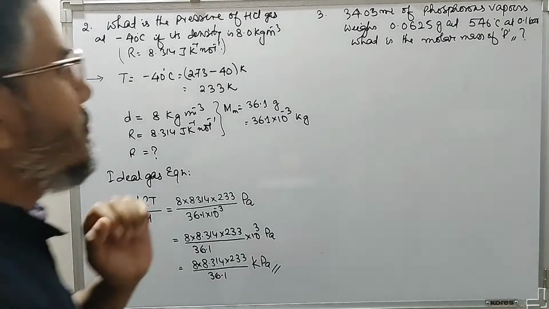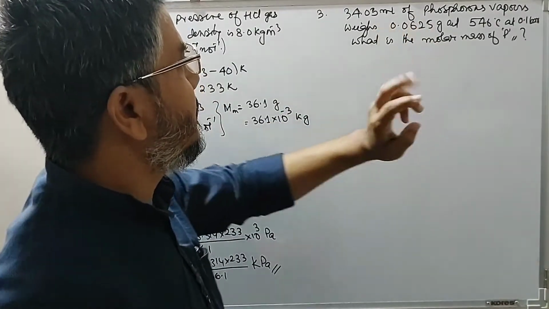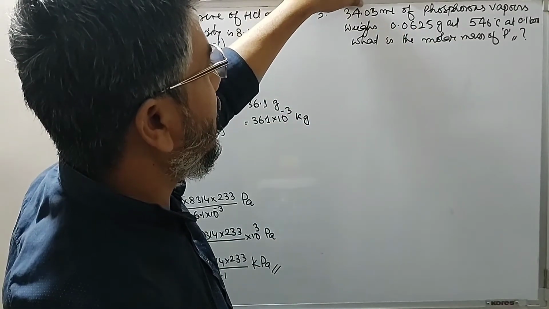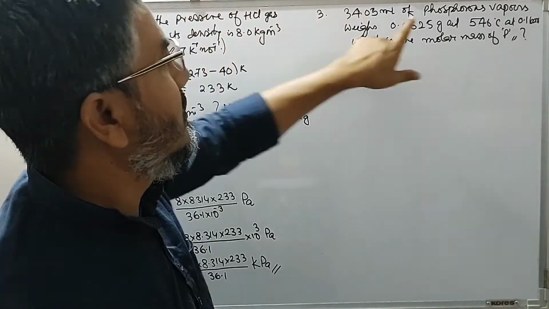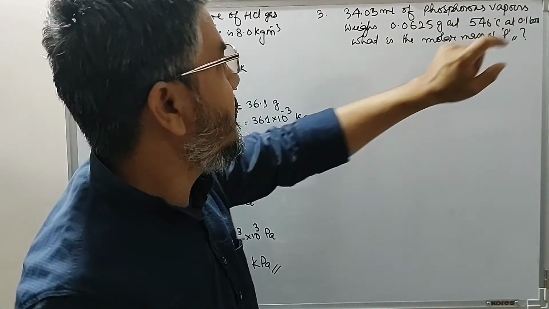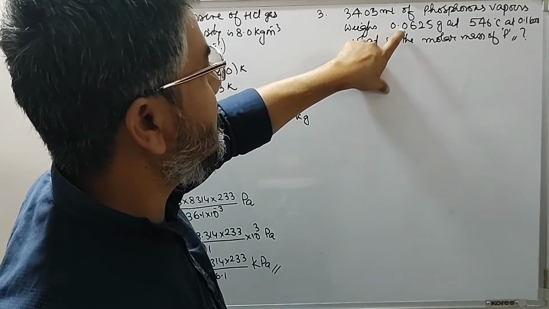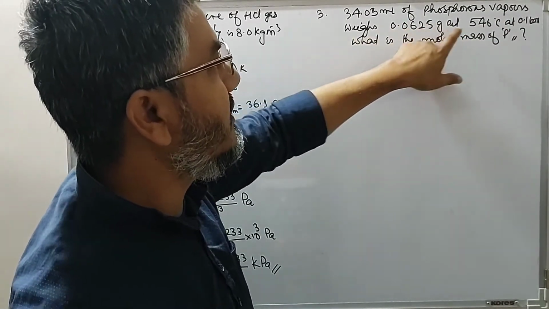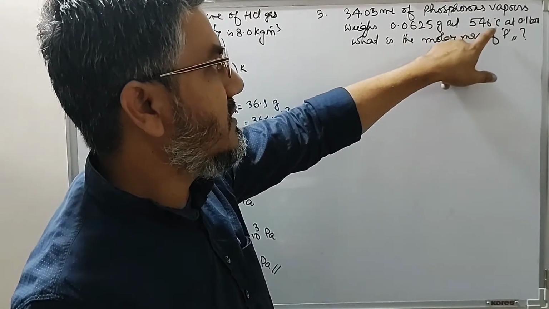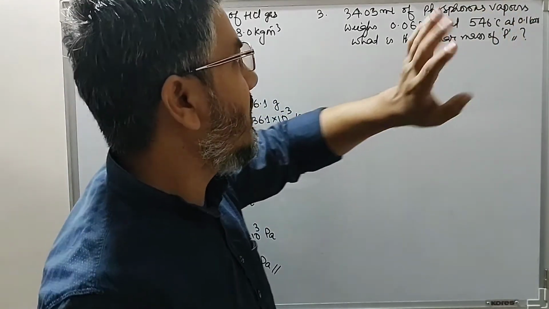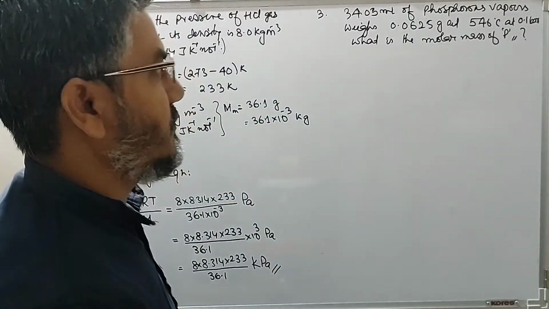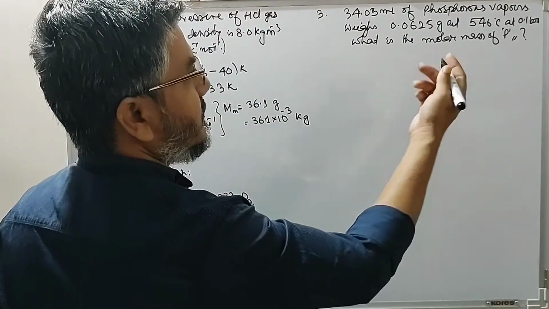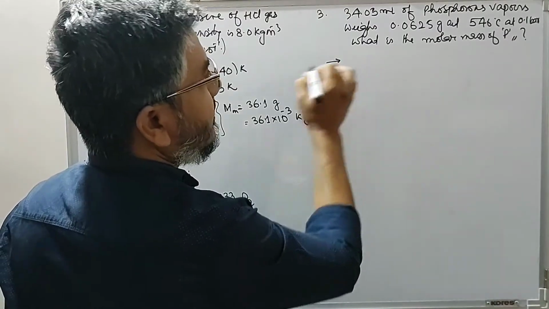Now look at the third question. Question says 34.05 ml, so the volume of gas is given. Phosphorus vapors weighs 0.0625 gram at 546 degrees centigrade and 0.1 bar. What is the molecular mass of the phosphorus vapors or phosphorus gas? So if you look at this data,